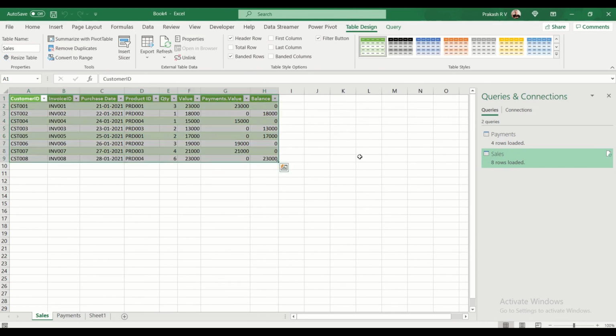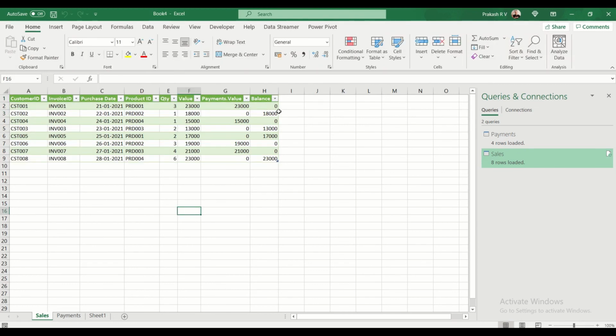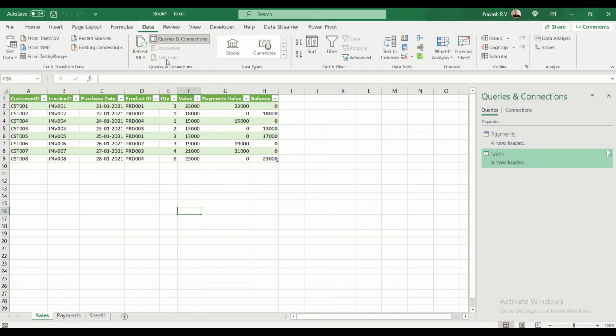And if you go to the sales, you can see the sales table here. So now this is a better approach than using VLOOKUP, because in case you have additional rows or tomorrow your data changes, your files change, you don't have to do a VLOOKUP across different files. You don't have to do this again and again. You simply have to refresh the data and everything will be taken care of automatically. We'll do a refresh all.